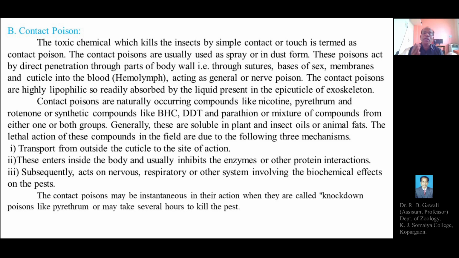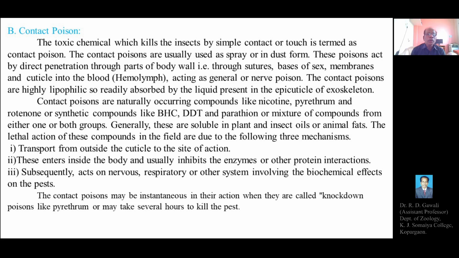The toxic or lethal effect of the contact poison is very rapid, and the insect pest can be killed immediately after the toxin enters its body. That is called a knockdown poison